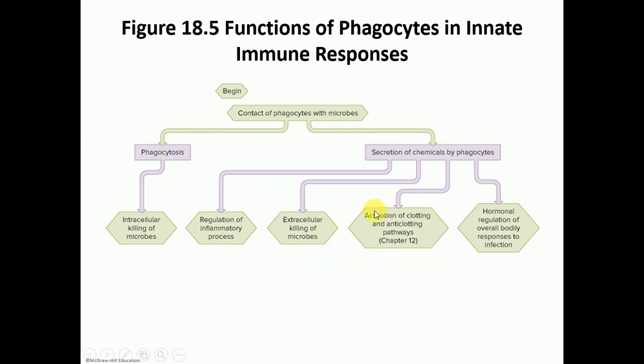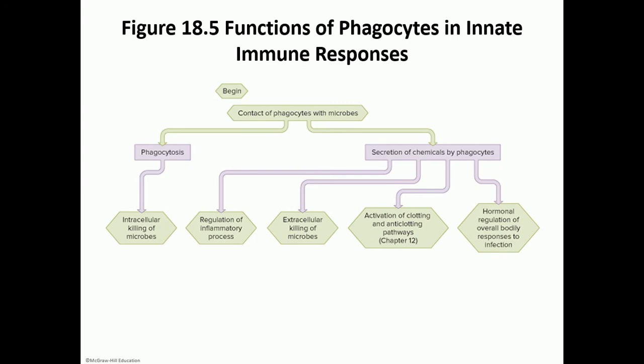It is also going to activate the clotting and anti-clotting pathways. In order to keep the infection in one part of the body, your body might want to form some blood clots, to make a barrier between the site of the infection and the other parts of the body. But at the same time, you want anti-clotting pathways because you want it to release a blood thinner like heparin in order to bring more blood into the area